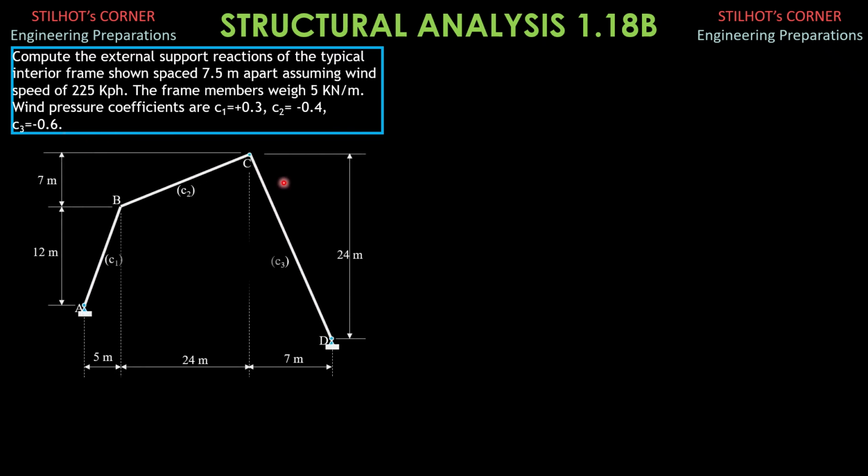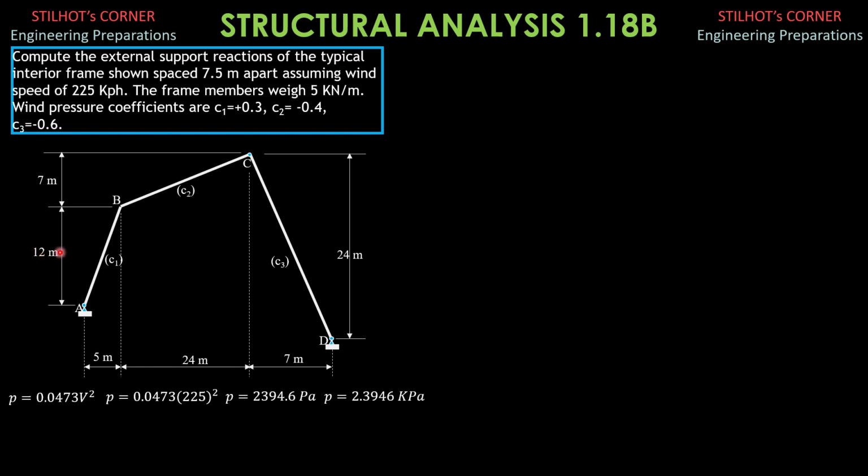So here is the frame. So for the pressure, it is 0.0473 V squared in pascals, and we'll convert this to kilopascals. V is 225 kilometers per hour, so it is equal to 2394.6 pascals or 2.3946 kilopascals. Therefore, the